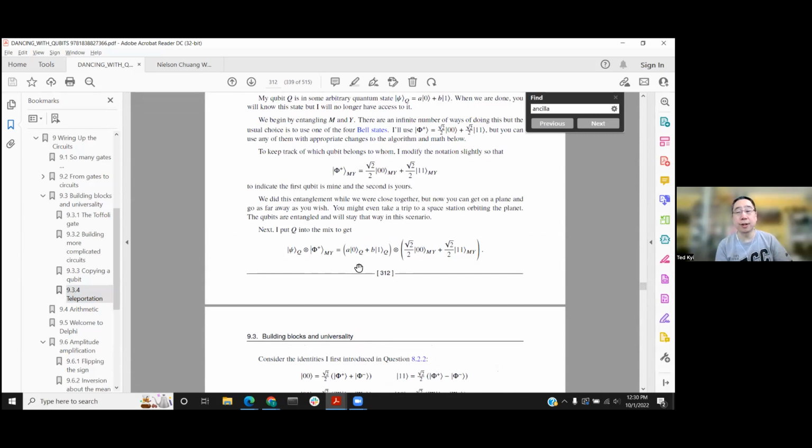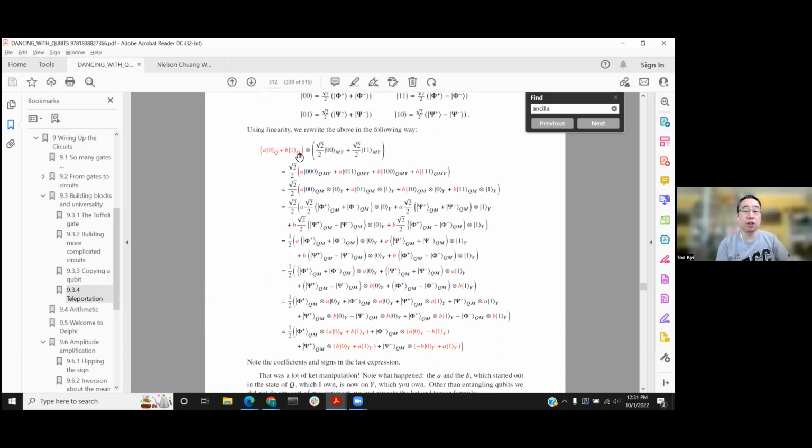Oh, actually, sorry, I got things mixed up here. We're not copying M, we're copying Q. So you bring Q into the mix, and Q has probability A squared that it's a 0, probability B squared that it's a 1. So you start with A and B, and they're actually complex numbers. I just said it like they're real. And then you go through this series of equations to prove that each of these is equivalent to the one above. And whereas you started with a state of A ket 0 and B ket 1, at the end of it,